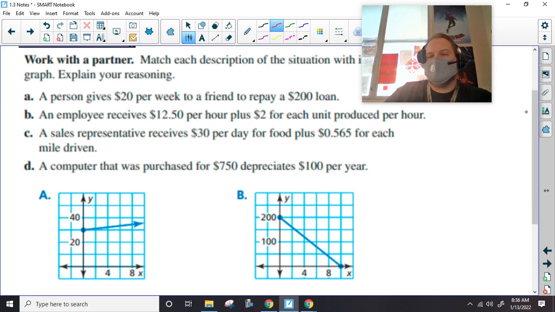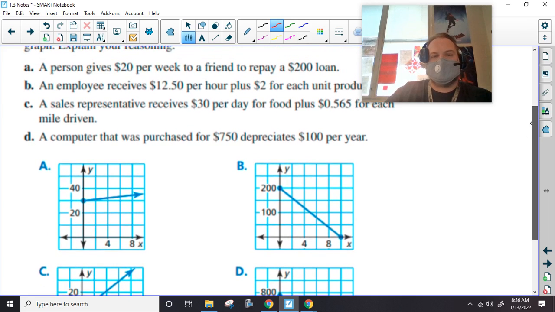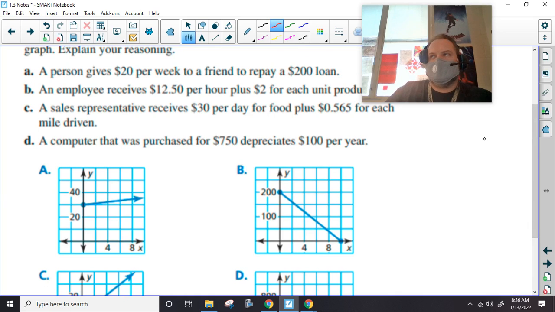Okay. Which one of these, A, B, C, or D, do you think matches that? B. Yeah. Little A goes here because you start off owing this and then it goes down to zero. Okay. Though, if you have a friend that gives you $200, number one, that's probably a pretty good friend. Number two, if they're actually making you do payments,